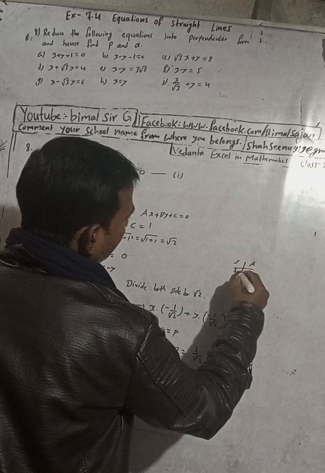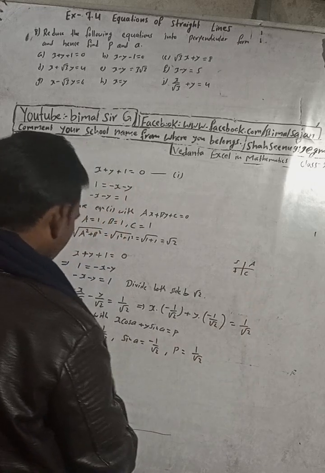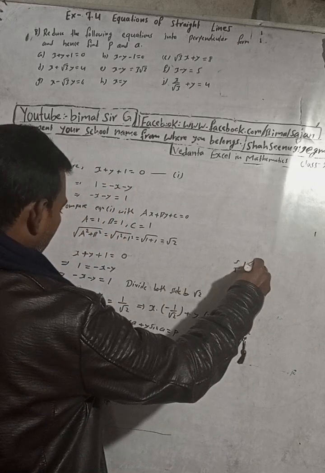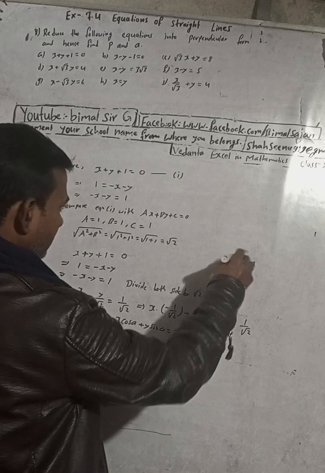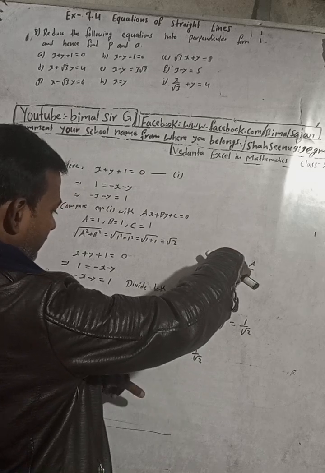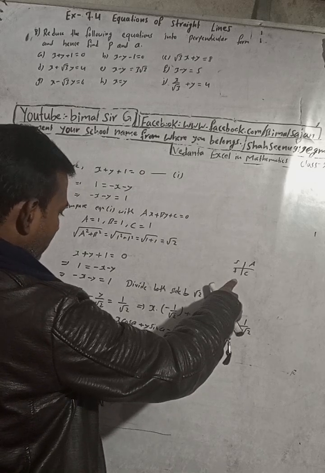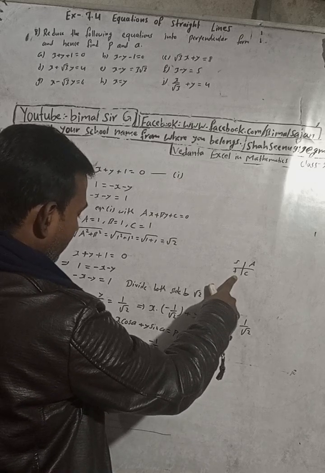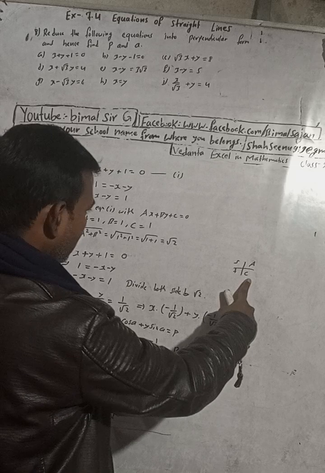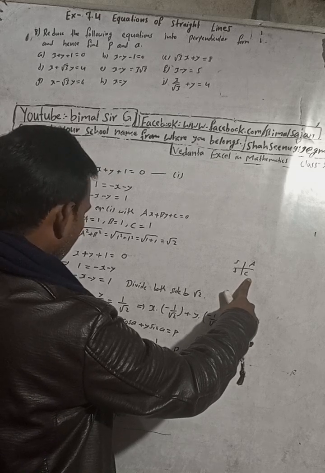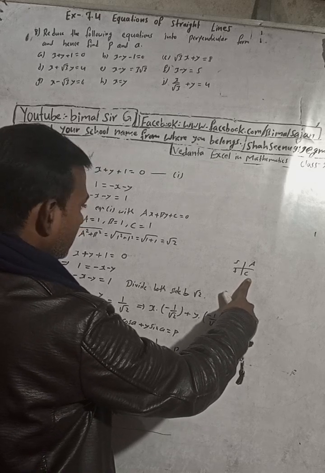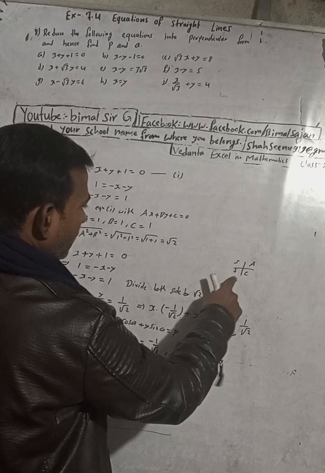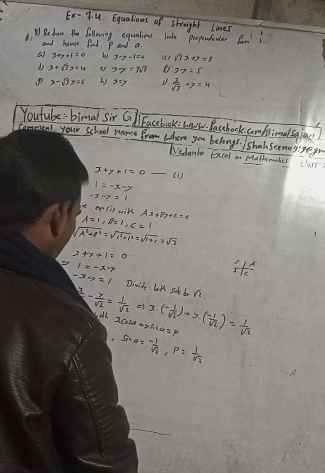CAST rule tells what? In the first quadrant all are positive, in the second sine is positive, but here sine is negative, so we cannot take it. In the third quadrant sine and cosec are both negative, so we can take this third quadrant value. And in the fourth, only cos is positive, sine is negative, but here cos is negative, so we cannot take this, okay. Third quadrant we can take here, so we can write here